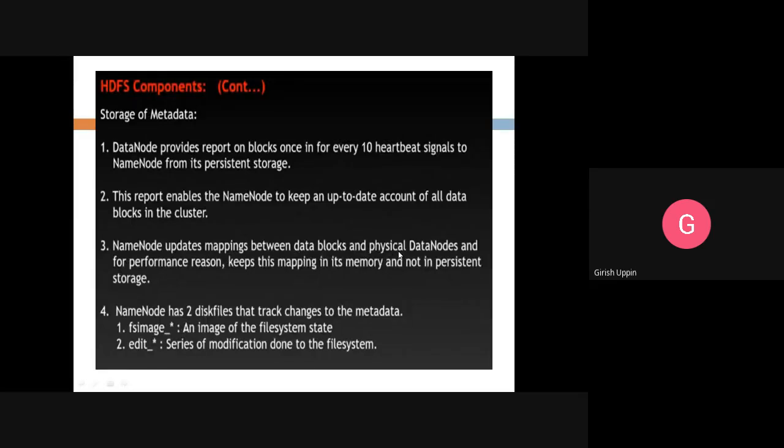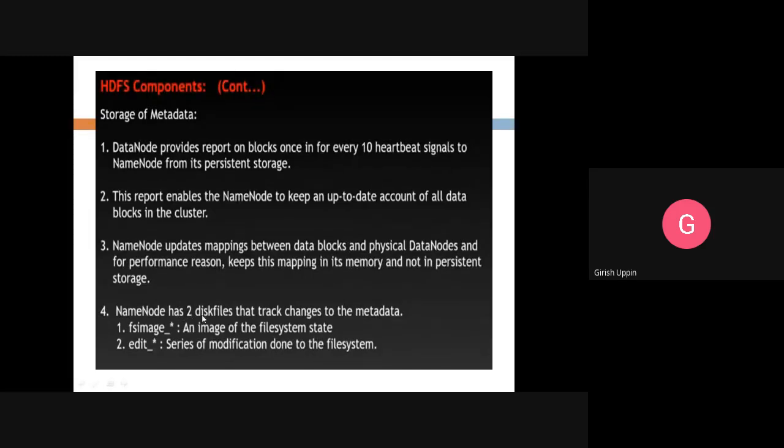What data is stored in which data node, that information is stored with the name node in memory. It is not in persistent storage, so it is always in memory. That is why we have the secondary name node, which copies this current state, the metadata in memory, into the fs image file.